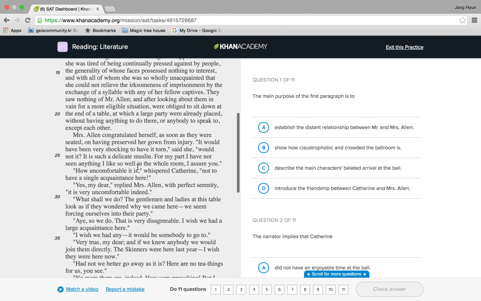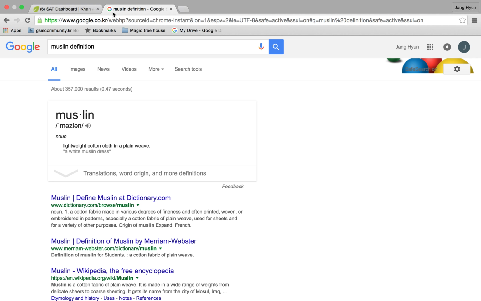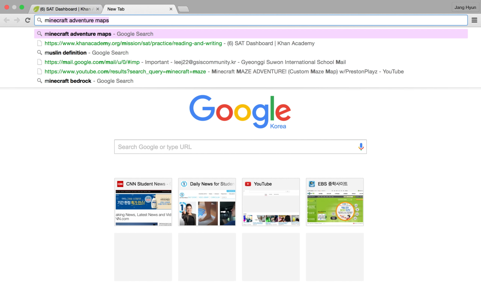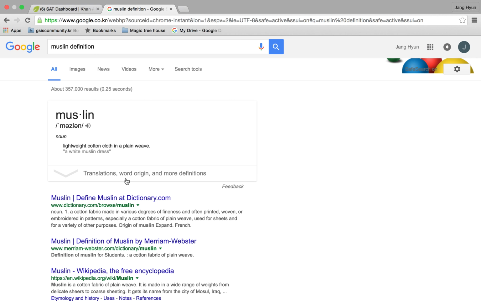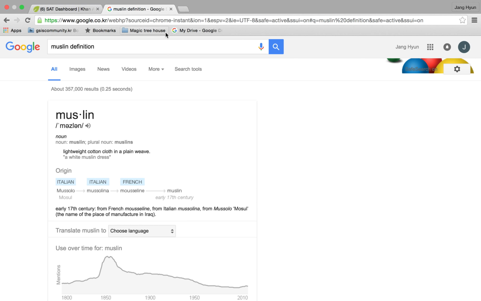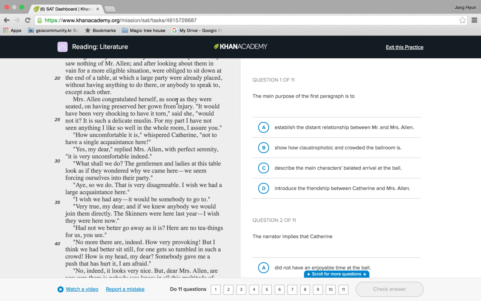Muslin? What's a muslin? We can look that up. Muslin definition. Lightweight cotton cloth in a plain weave. Wow. Wait, let me look that up again. Lightweight cotton cloth in a plain weave. It's just light cotton cloth. Alright, so it's just a type of fabric. Anyways,